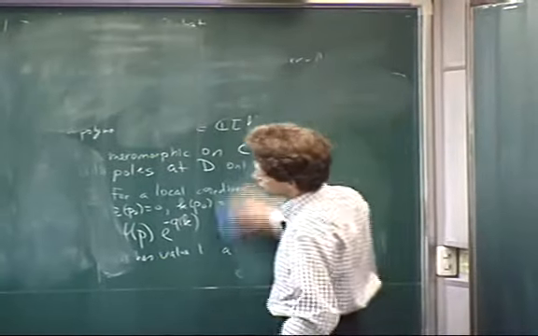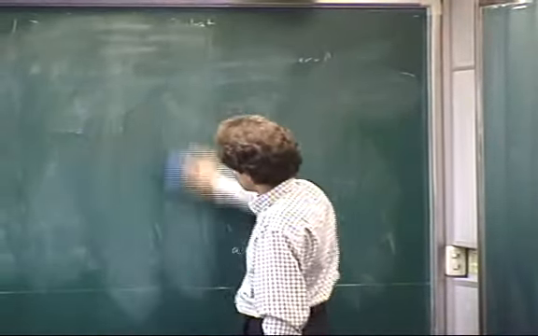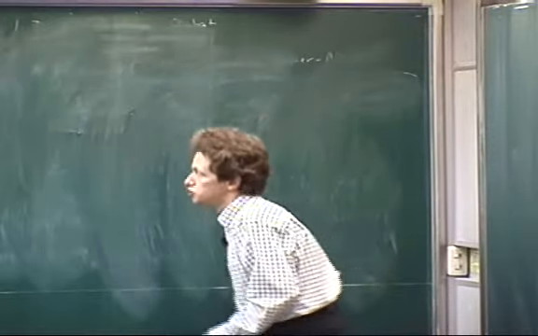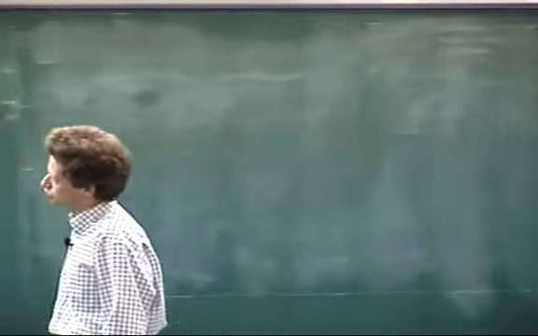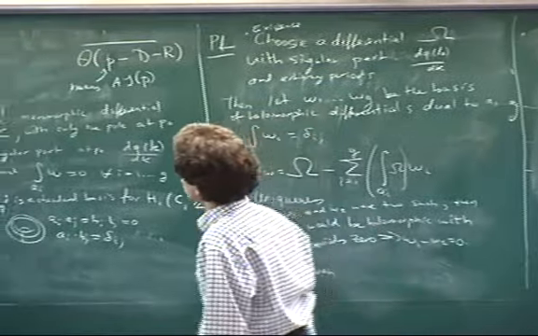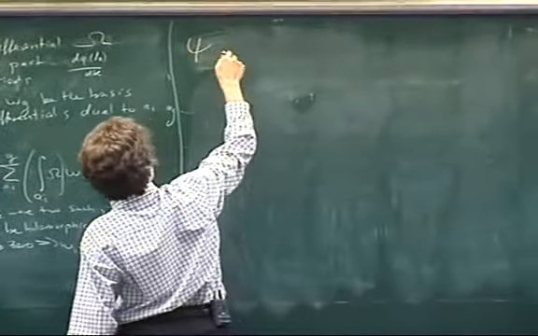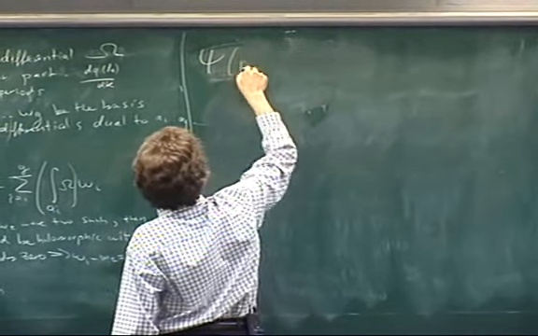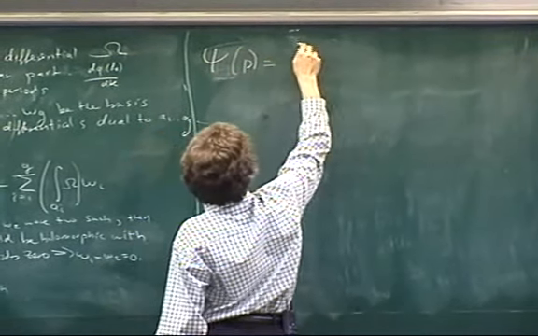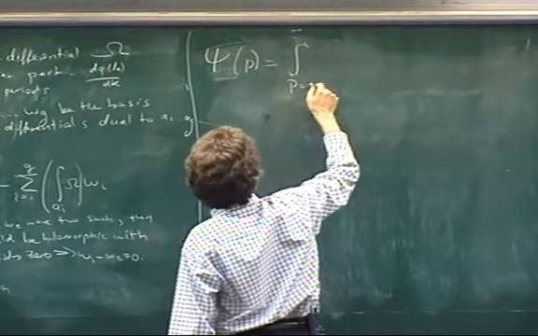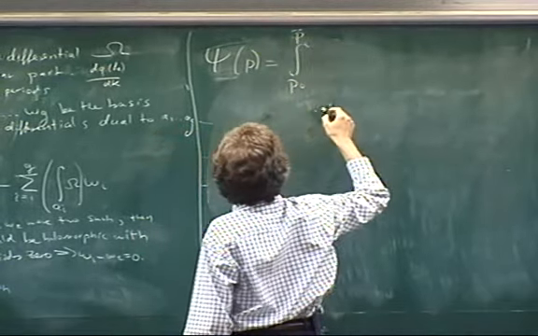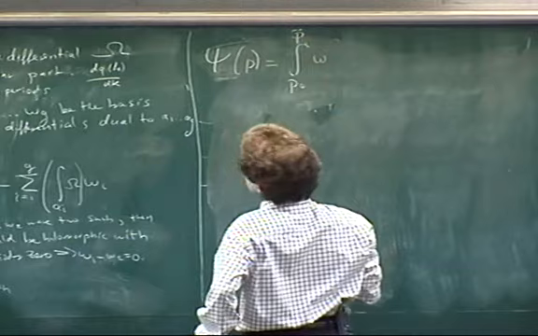So I'm erasing the definition of the Baker-Akhiezer function now, but you remember that all I need to do is construct an essential singularity. Okay? So what I'm going to do is the following. I'm just going to write down a formula. So psi of p I'm going to define in the following way. It's going to be the integral from p naught to p of omega,